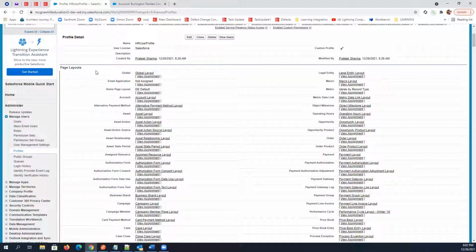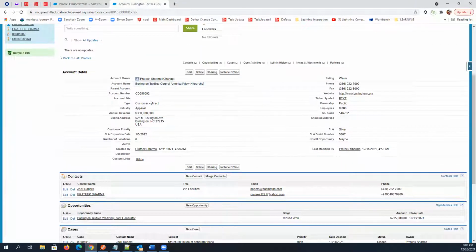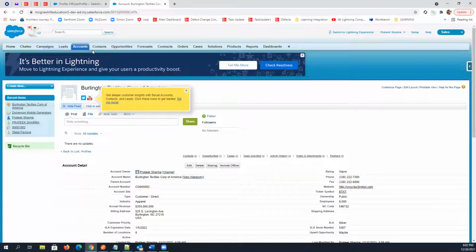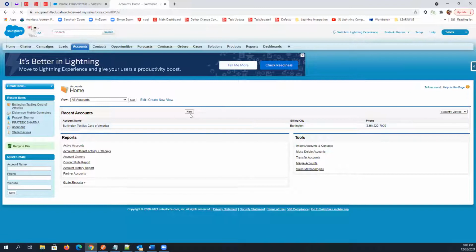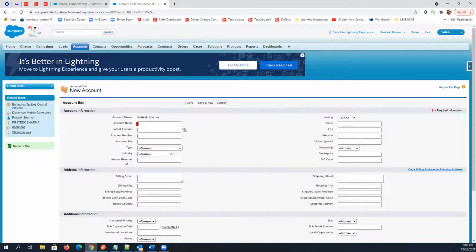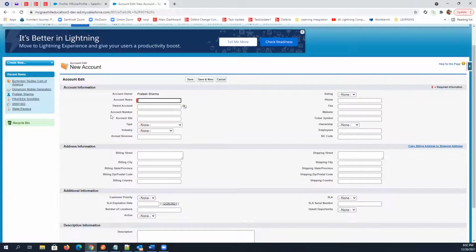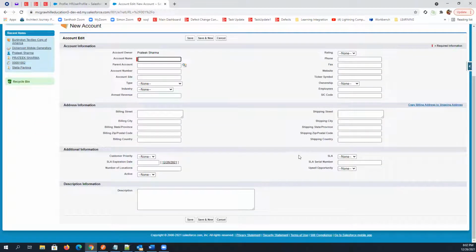So, for a single object, we can have multiple page layouts. I mean, let's say we have 10 users, and for 3 users, we only need account name, parent account, and account number. And for another 4 users, we need more fields. And let's say for another 4 or 5 users, we'll need this entire page, like all the fields on the page.